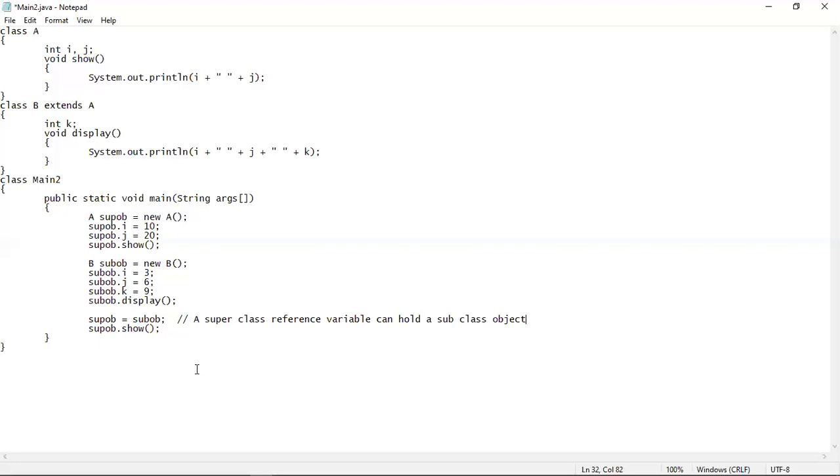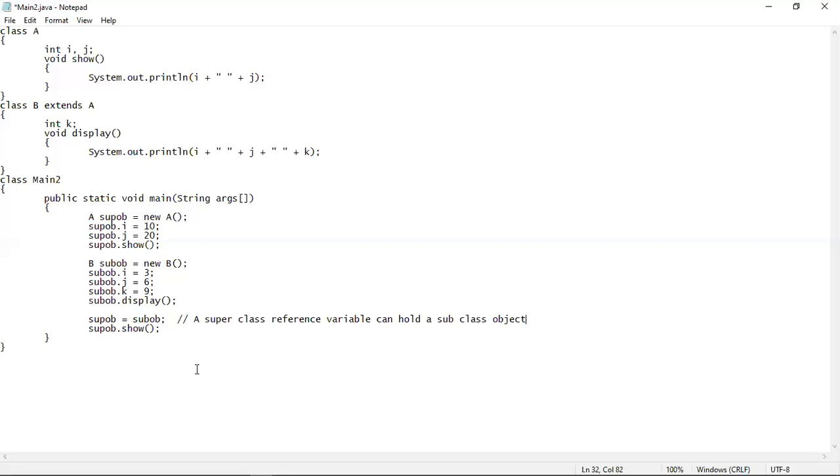That means 3, 6, and 9, which are the values being provided into the instance variables using the subclass object. So the superclass object will now have these values inside it. Although it seems to be impossible in Java, as Java is a strongly typed language, in inheritance it is pretty much acceptable, because if there is a parent child relationship between these two objects, then the type exchanges are very much possible.